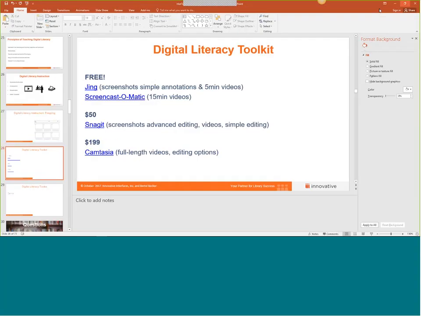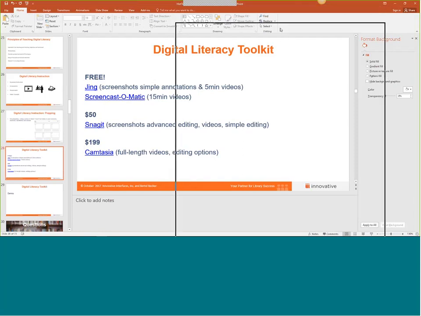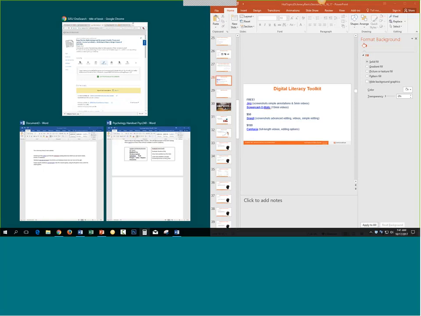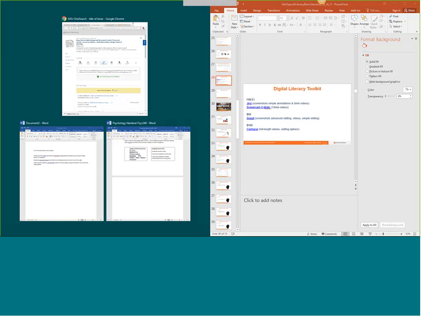with Camtasia. However, I do want to say, using Snagit or Screencast-O-Matic, when you send to YouTube and upload it to YouTube, YouTube does have a captioning feature, and I wonder if everyone's familiar with that. You can go in and then add captions through YouTube to your video. So that's something that you would have to do manually if you're using the YouTube as